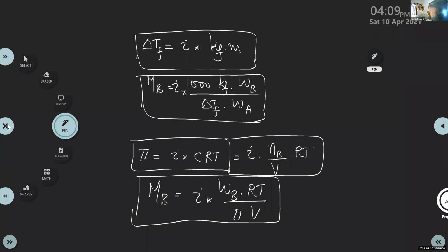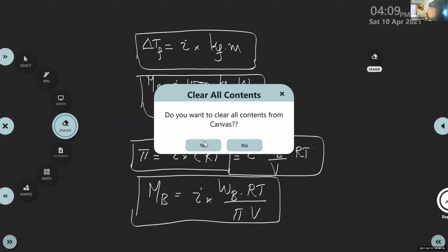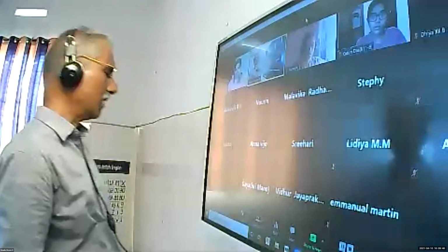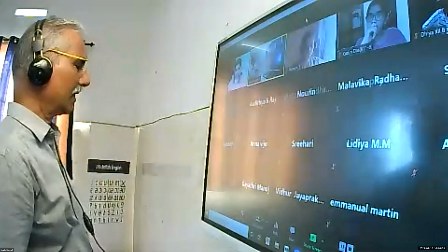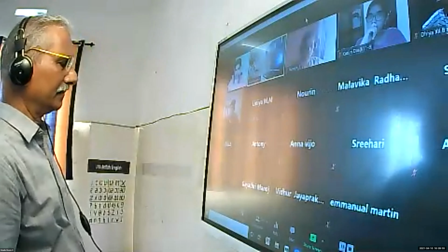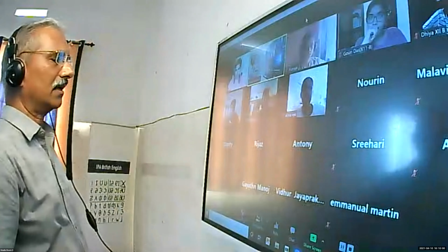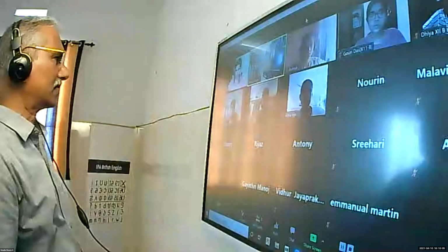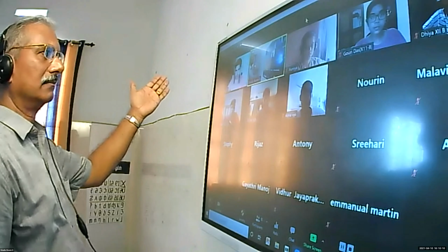So the correct molecular mass can be obtained by multiplying the right hand side with I. How many are there? Let me see how the polling is. Only 17 students are there. I am not bothered about it, it is recorded. Only 17 students are there, and the chairman will come and ask me what happened to the students. It is not for me to give the answer. They can directly ask the students why they are absent. Everything is recorded. There is nothing to hide.